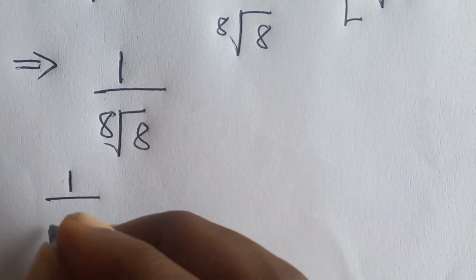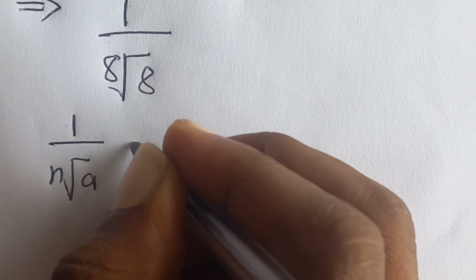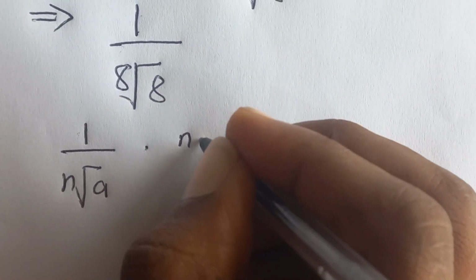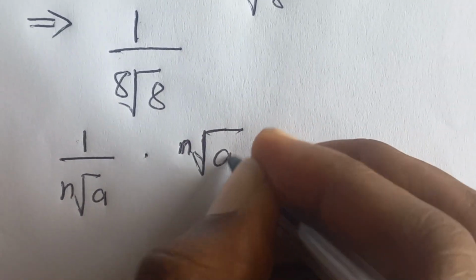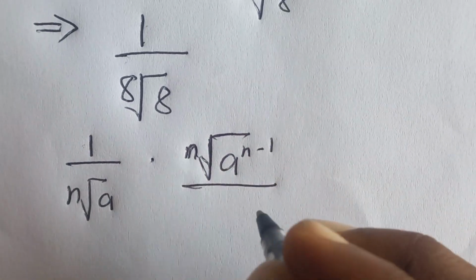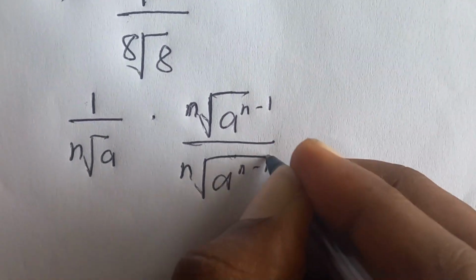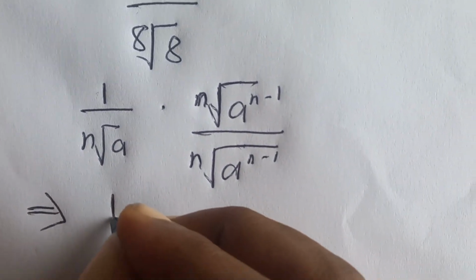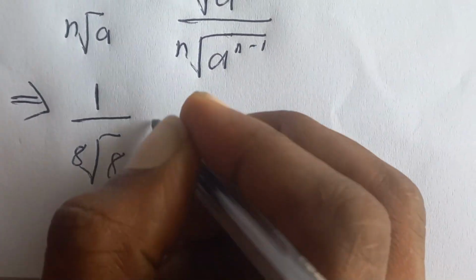Now, when you have 1 over the nth root of a, when we rationalize this, we are going to get the nth root of a^(n-1) over the nth root of a^(n-1). So now our equation becomes 1 over the 8th root of 8 multiplying by